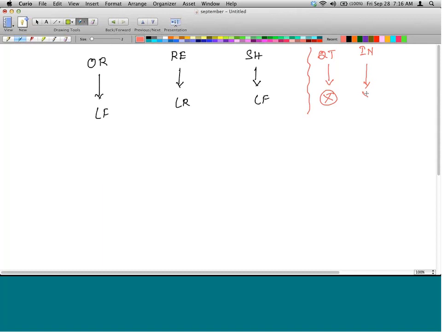The answer is no. Can you create a delivery with respect to a contract? What about this? This is tricky. Can you create a delivery with respect to a contract? The answer to that is again no.